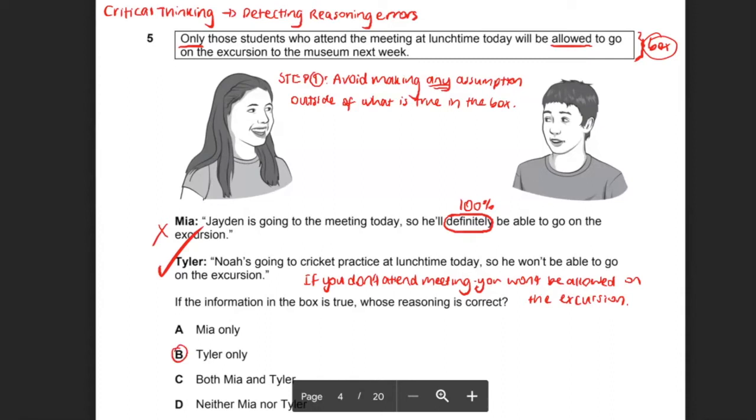And just going back to our step 2, it would be to evaluate the given statements by Mia and Tyler. So evaluate their statements against the truth in the box. Right. So the really important thing to take away from detecting reasoning error questions, to recap, guys, is you have to